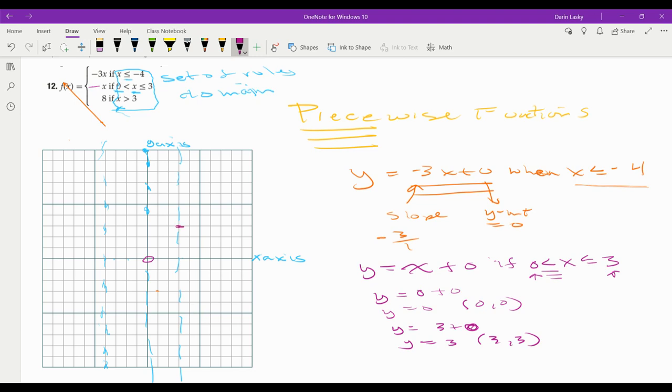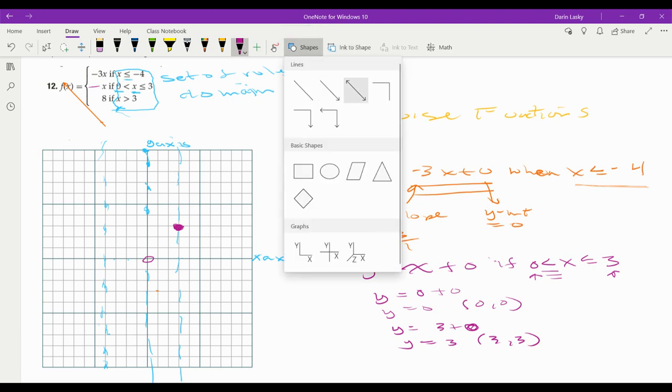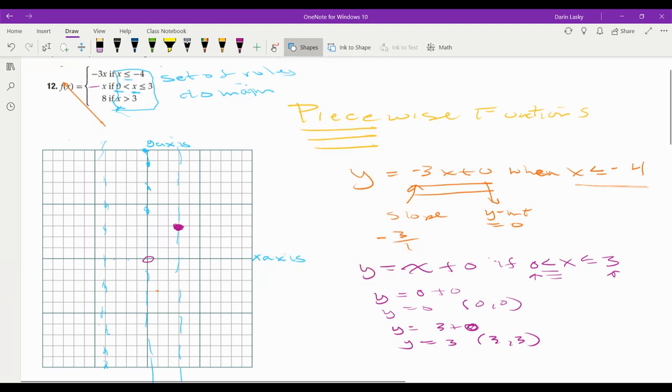And since it's a less than or equal to, and then I draw my line between the two. So I'm going to draw my line between the two. I'll start it here, and I'll go to right there. So I've got my line there. Okay, now